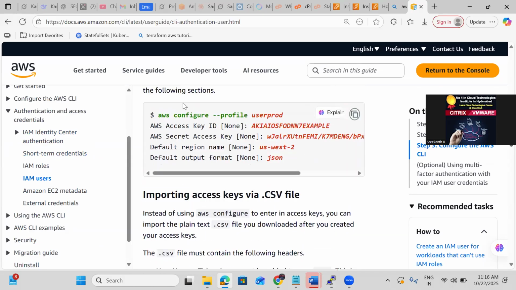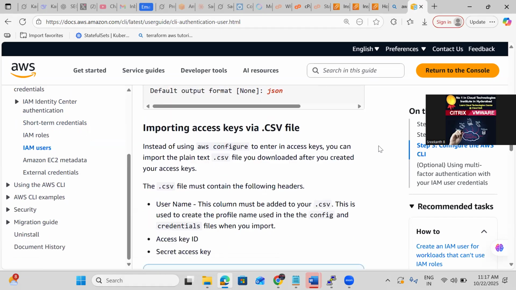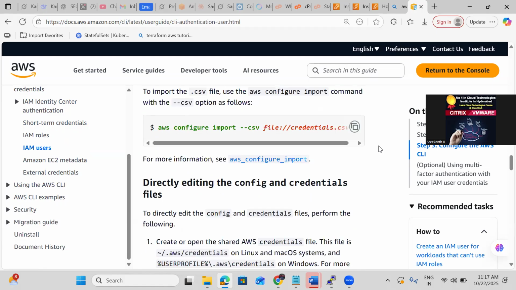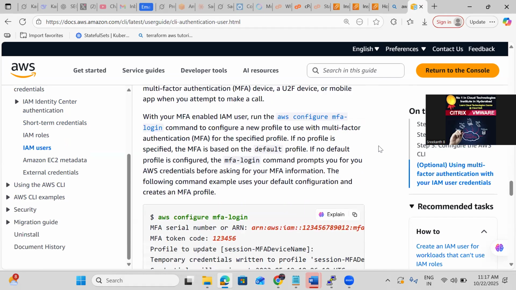And when we want to work with multiple profiles, then we use AWS configure --profile, and we need to specify that profile name. Then you can choose which profile you want to use. If you don't specify any profile name, it uses the default itself. Another method is,